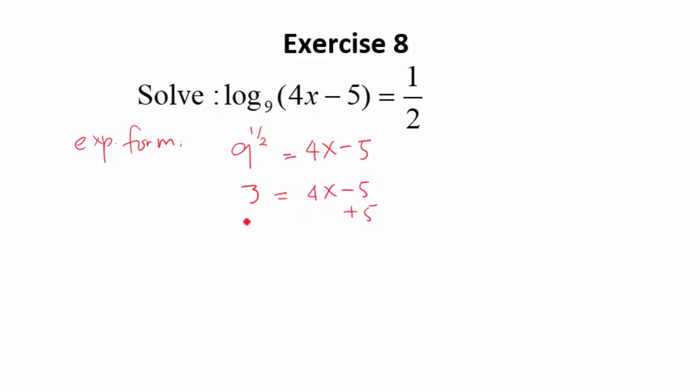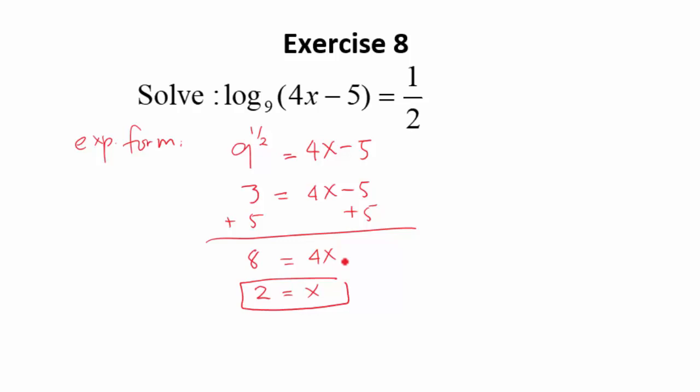Add 5 to both sides. We see that 4x is equal to 8. Therefore, x is equal to 2 once you divide everything by 4. So x is equal to 2. And I guess that concludes section 7.3, and always check your answers. I guess we can easily check it, all right, but I want you to check it